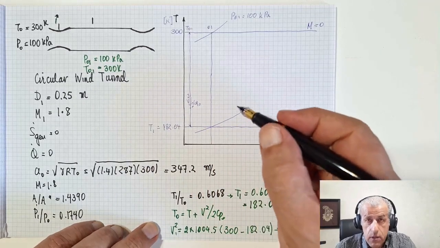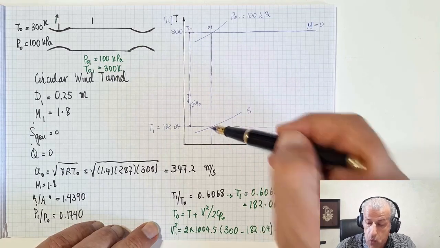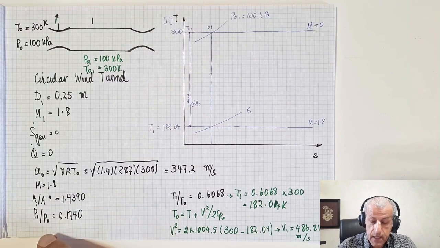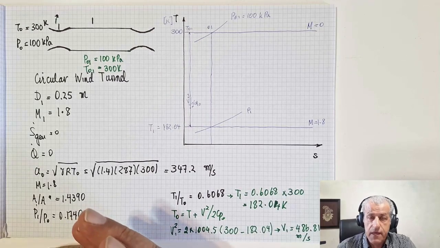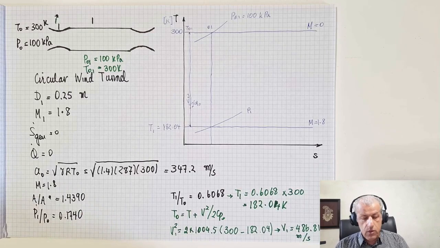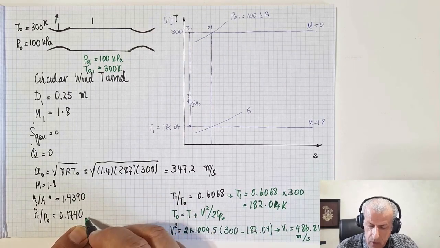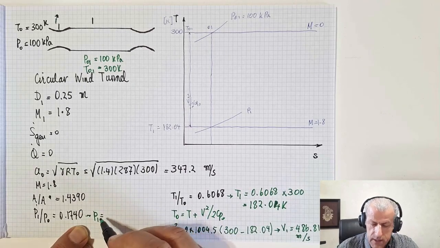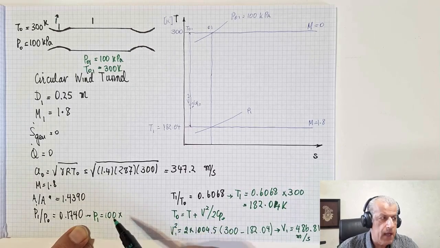You could easily calculate it from the isentropic relation between 01 and 1, and this equation also gives us exactly the same answer because it's the same thing. So from here, you conclude that P1 equals P0, which is 100, times